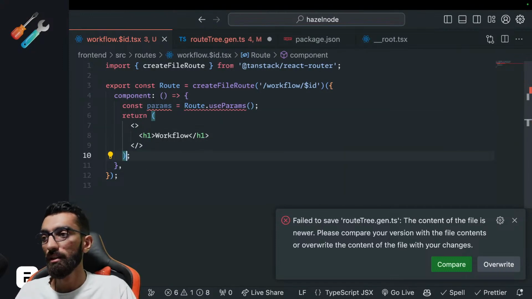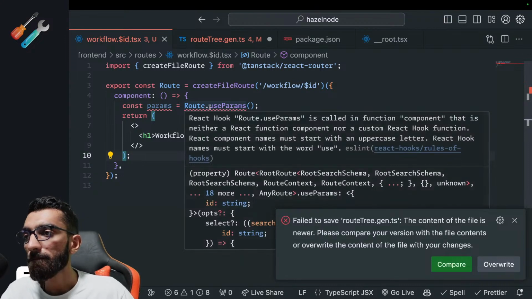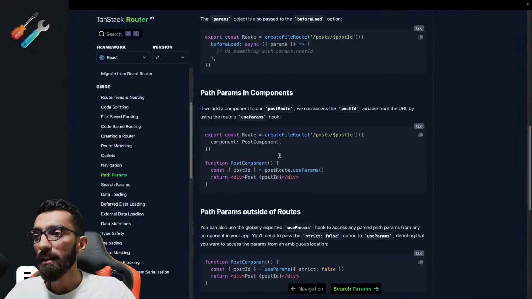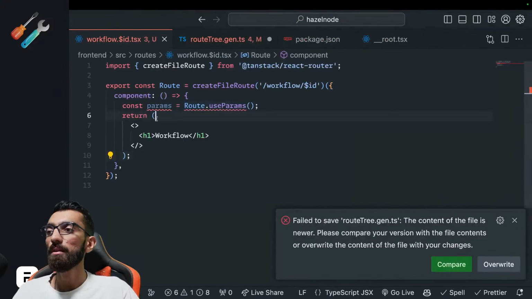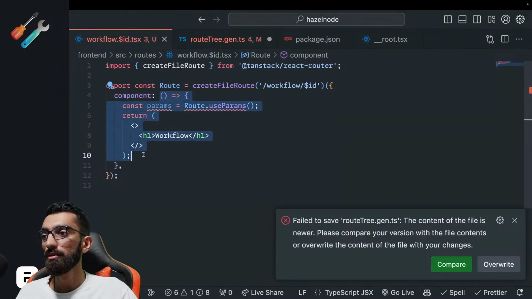Why did I do that? I was cleaning up. Route.useParams is not a function, so we have to separate this out. Okay, so this component, right,